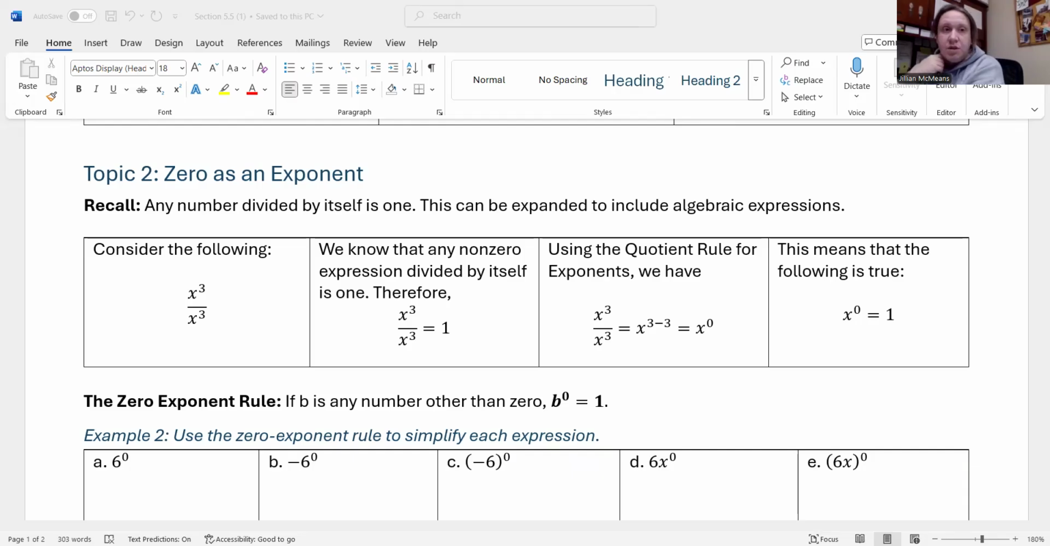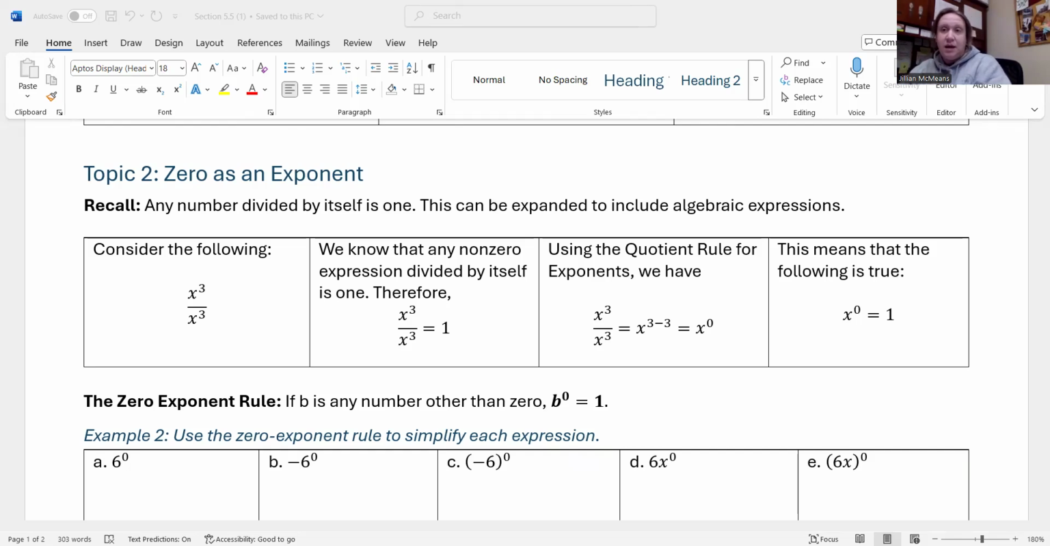For topic two, we're going to talk about zero as an exponent. I've alluded to this a little bit when I was talking about the degree of a constant term, but now when we wrap up this topic, I'll explain why the degree of a constant is what it is. So recall, any number divided by itself is one, and this can be expanded to algebraic